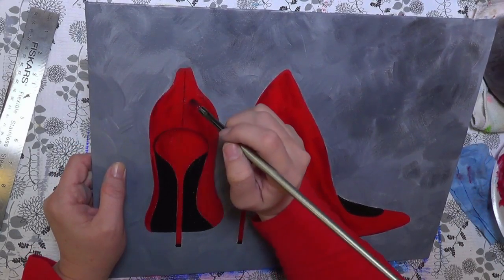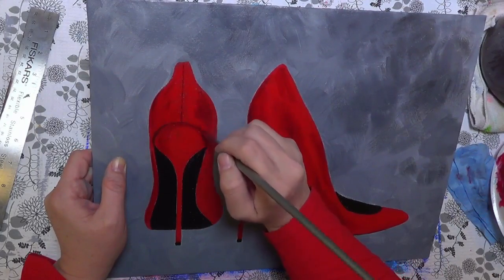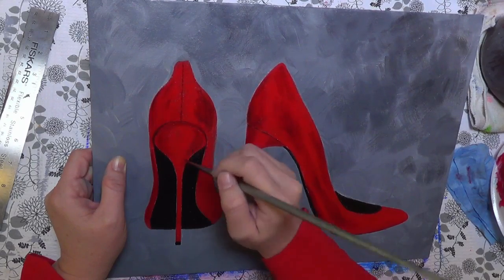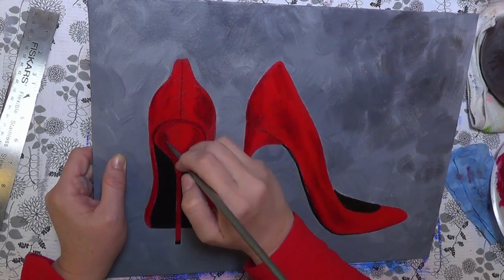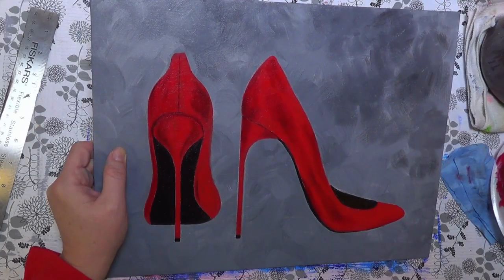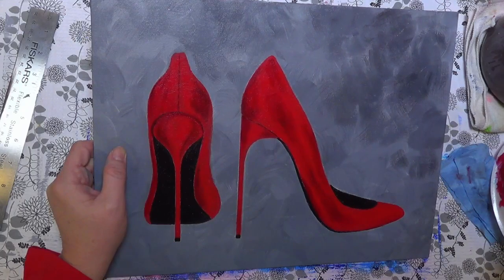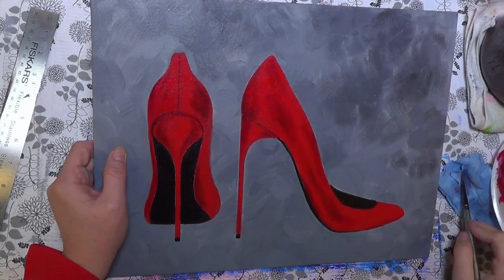We'll get a little bit of darkness along that edge. There's a section right here that curves in. And then it curves down the heel a little bit, right there and right here. You can't overblend with the glazing medium. So you kind of have to just set it on there and don't fuss with it too much because they dry